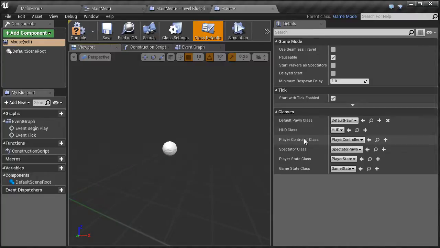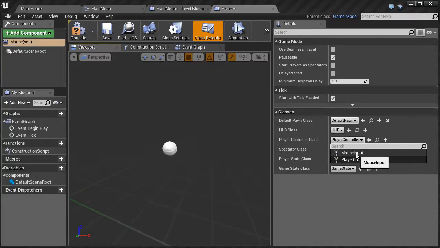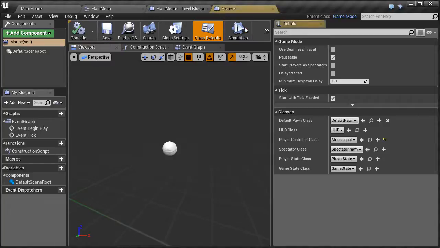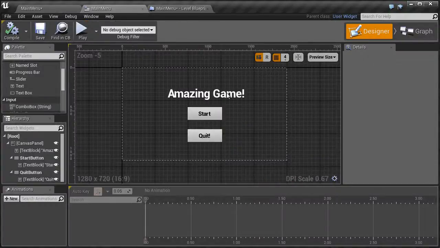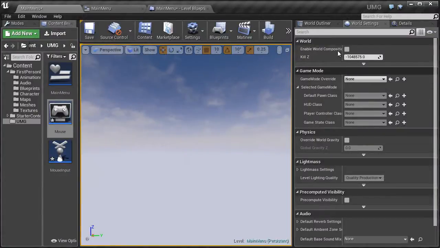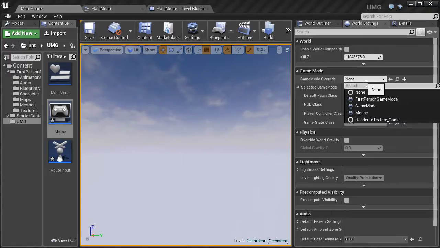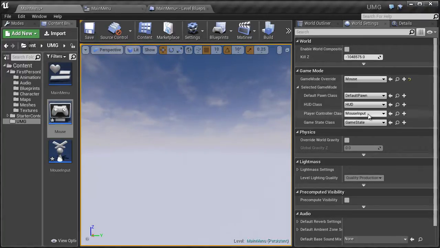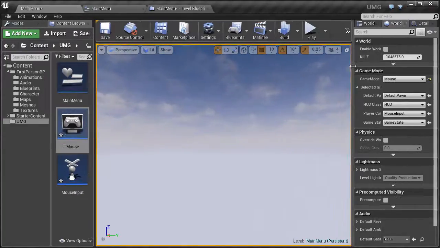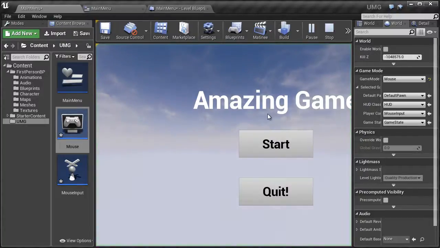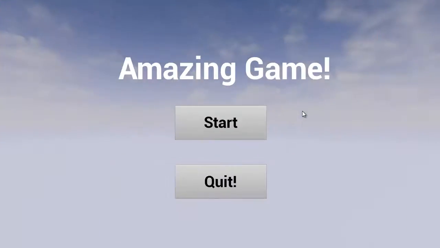and then we want to over here make sure that player controller is set to mouse input, hit compile, and then back into the world settings, just make sure that we click on mouse, and you see here it's changed that to mouse input. So now if we click play, here we go, we have our mouse inputs,